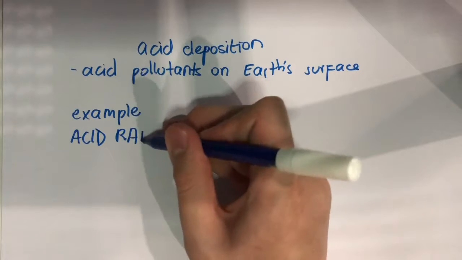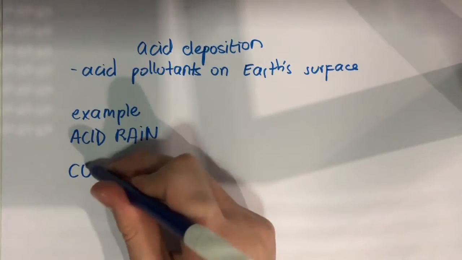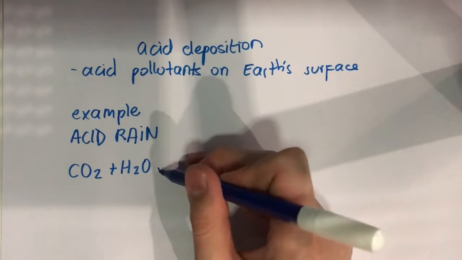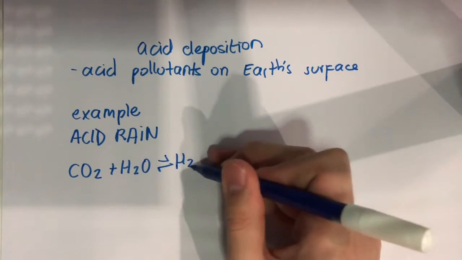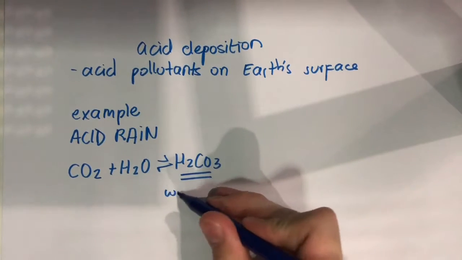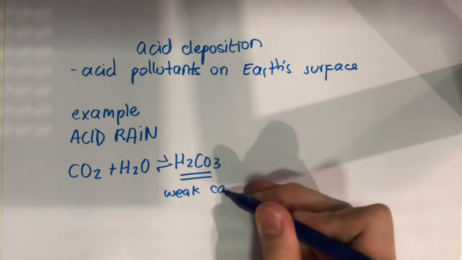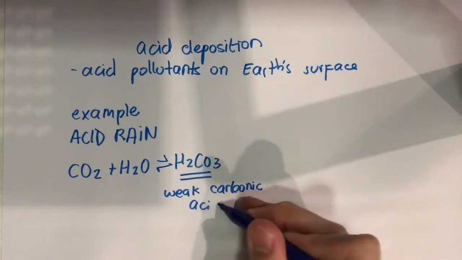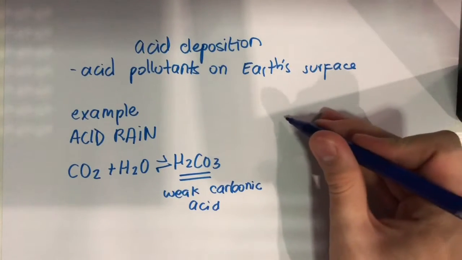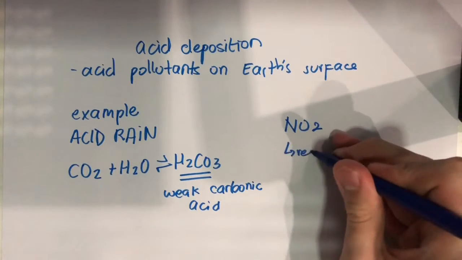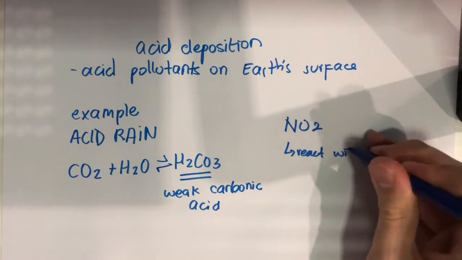Rainwater is naturally acidic due to the presence of dissolved carbon dioxide, which forms weak carbonic acid. CO2 plus H2O yields H2CO3, weak carbonic acid. Acid rain results principally from the formation of two strong acids, nitric acid HNO3 and sulfuric acid